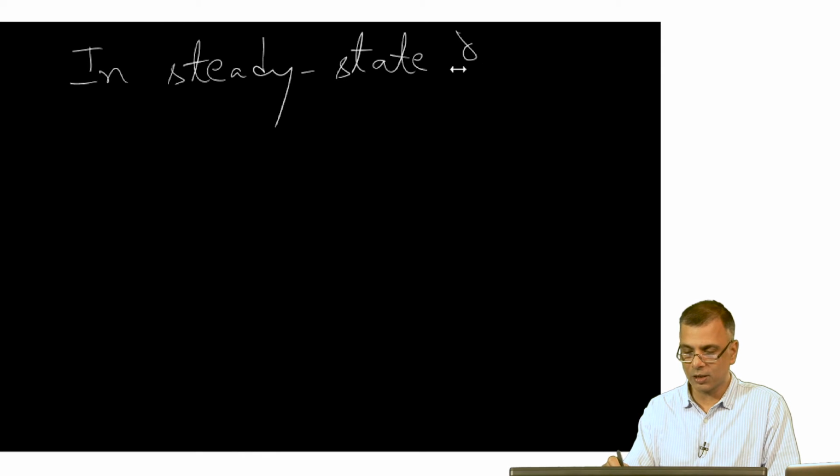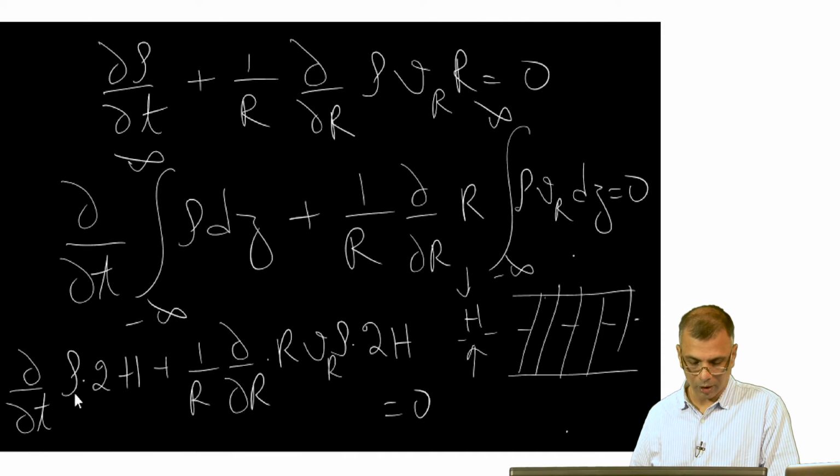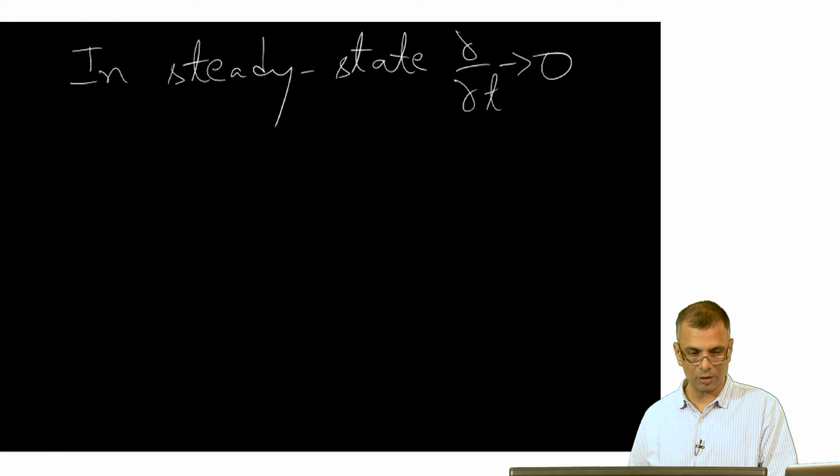In other words, the partial d partial t goes to 0. So in this equation, I simply throw away this entire term and I only worry about this term. So if I do this and I integrate over r,